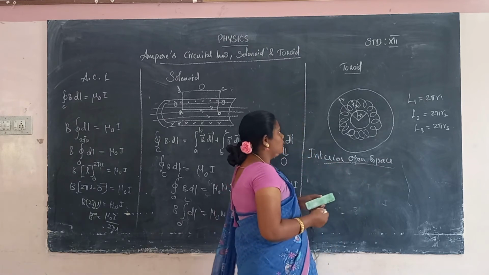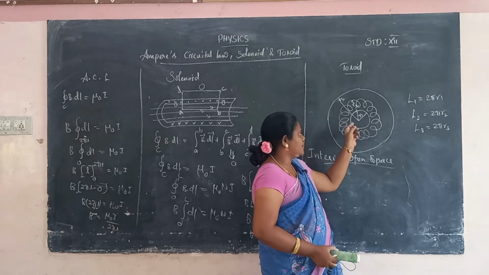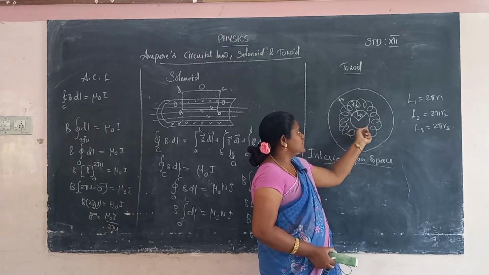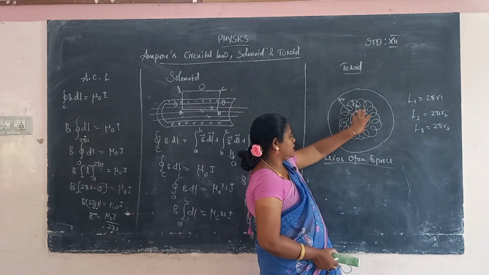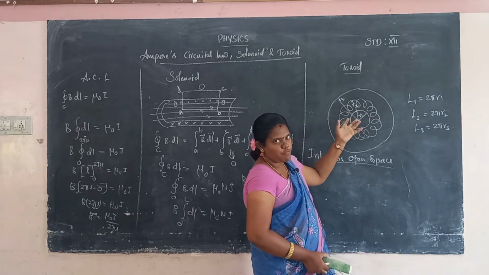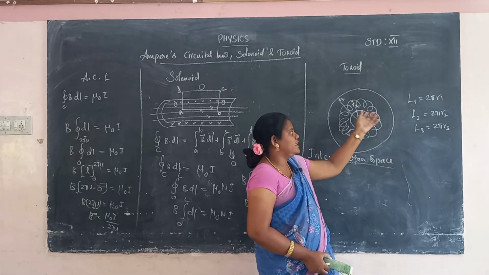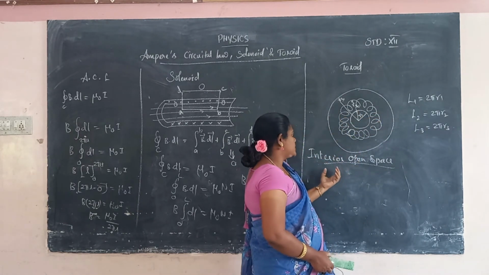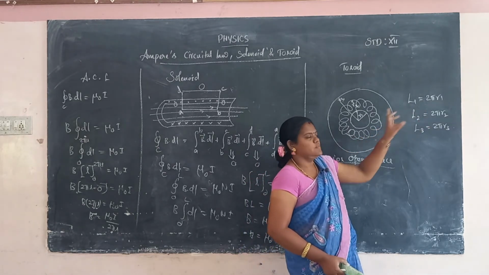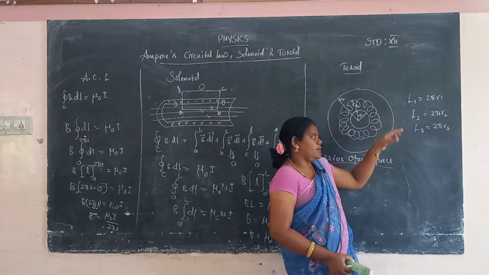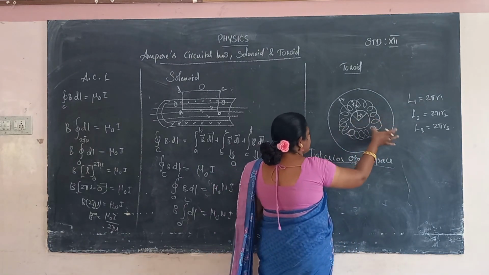The length L1 is the length of this space. L1 is equal to the circumference of the inside region. The inside space is considered to be circular, so its circumference equals the length of the interior open space. So the length of the interior open space L1 is equal to 2 pi r1. We have to calculate for the interior open space and the exterior open space.